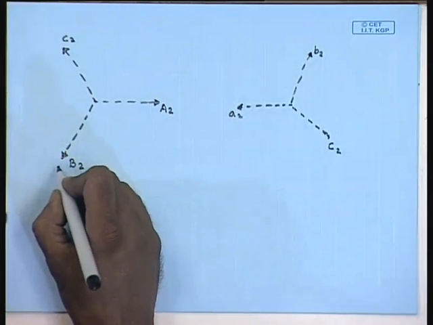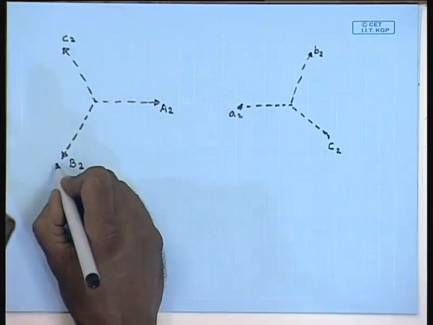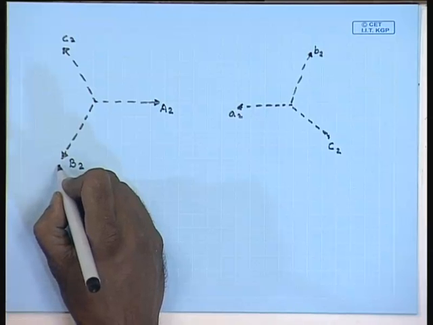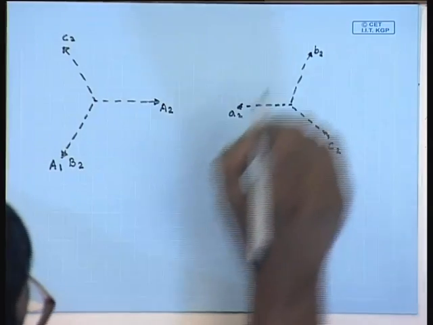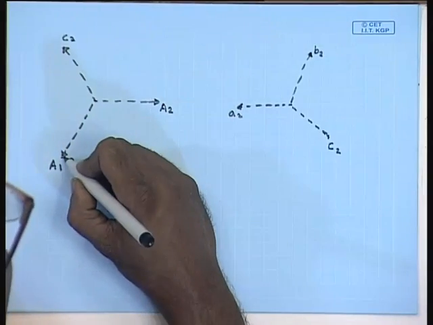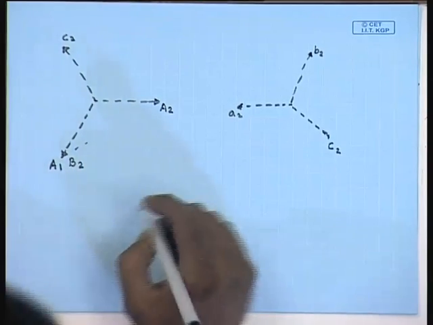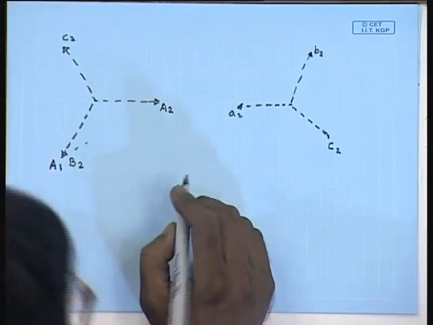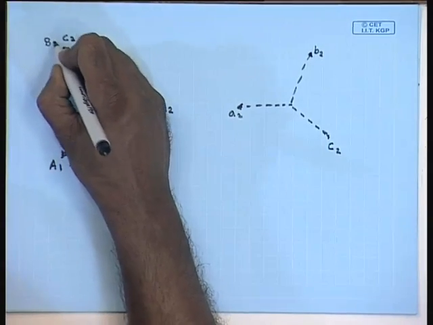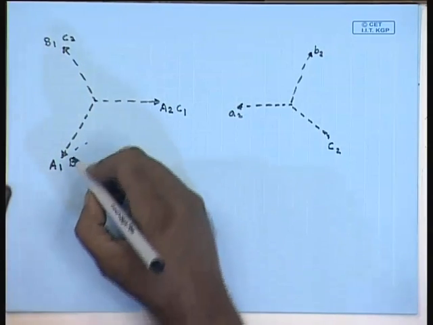Let us say this is terminal A1, this is terminal B1 and this is terminal C1,